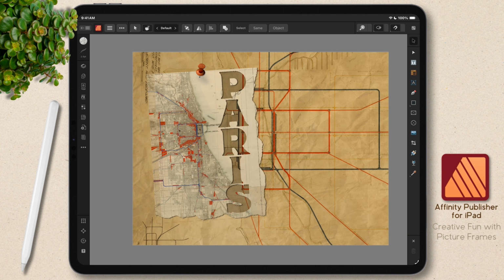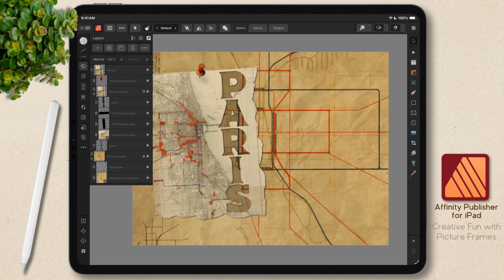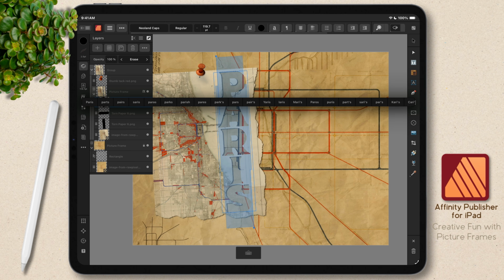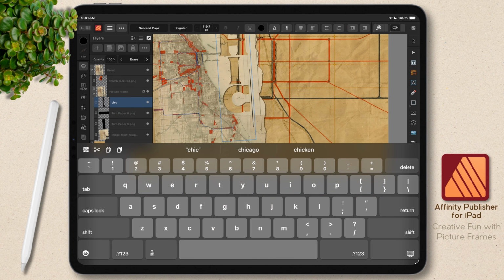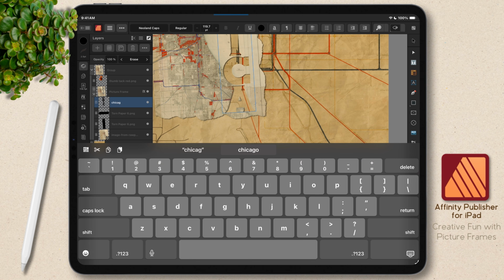All right. Now, since this isn't Paris, of course, I want to change that. I'm going to get rid of the shadow in the back. I can replace it as soon as I'm done. Now, again, because all of this was created non-destructively and this is editable text, all I need to do is go in here and I can just change this to Chicago. It's going to be much too big